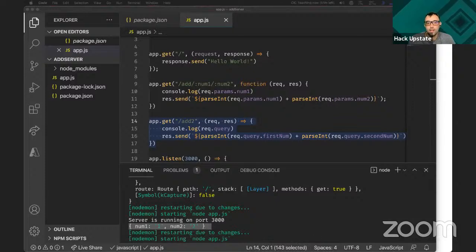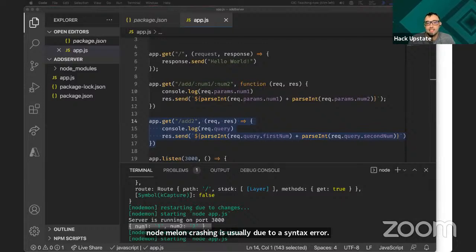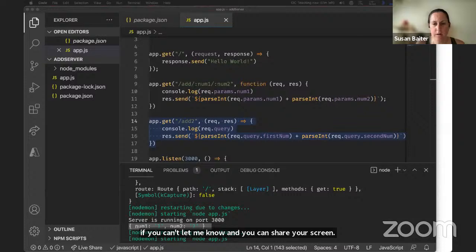Susan, Nodemon crashing is usually due to a syntax error. If you hit Control-C to stop your server and then start it up again, if it crashes again, it's probably due to something wrong in your code. I would say push yourself a little bit to see if you can figure out what the error message is telling you. And if you can't, let me know and you can share your screen. Okay, and then just to restart Nodemon, after I Control-C, I do npx nodemon app.js.